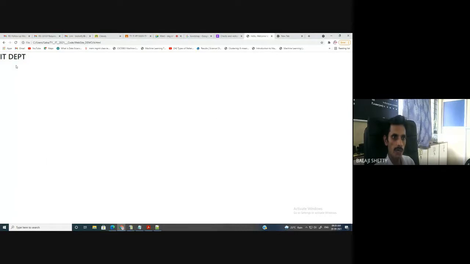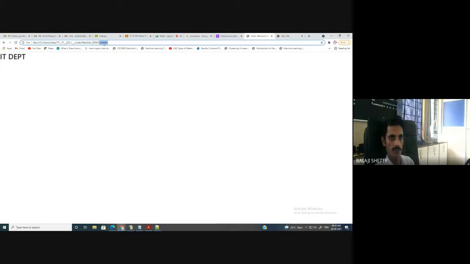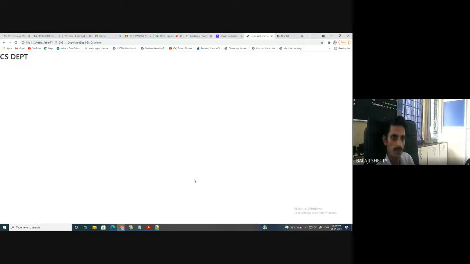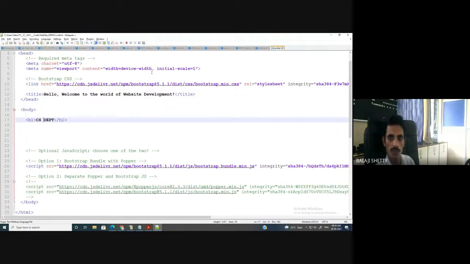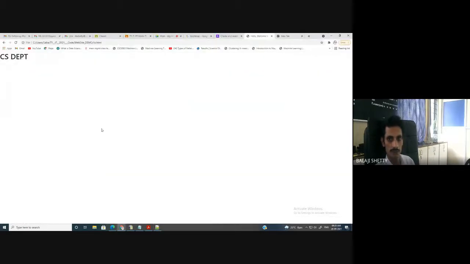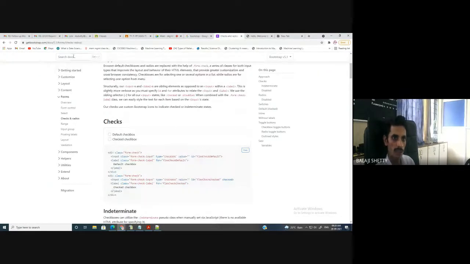See the output. IT department. What I have done, I have created it.html file and I have executed the file. In the same way, open csc.html. Here now CS department will be replaced. Here CS department. Clear? Now what I have to do, I have to link the pages with each other. What is the tag? Anchor tag is there. Do you know anchor tag? So here, so where is the code? Index.html. So here I have to create the menu bar. Now for menu bar, here type here menu.